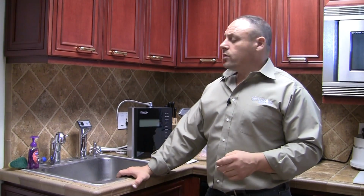Alright, now we come to my favorite part. We get to actually use the machine. So we've gone through all the basic installation methods. We've gone through the faucet diverter installation method. We've gone through the G2 accessory faucet install. We've gone through an RO faucet install or a whole cover cap install, and we've gone through a possible below